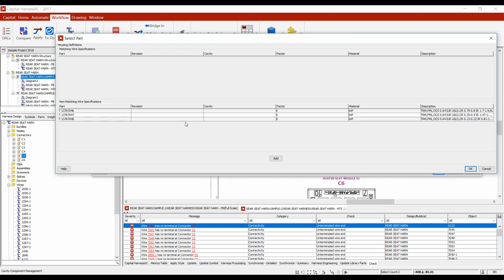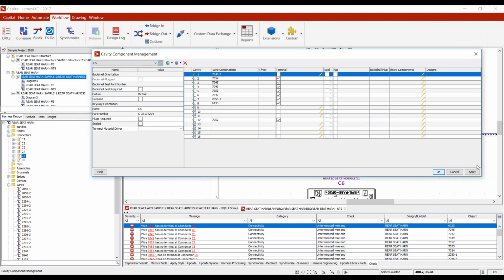So if I was validating this as a harness manufacturer, whether my customer selected a terminal or left that choice up to us, we can go into the library and double check that perhaps this 1376/7046 terminal, we have validated that it actually fits this,